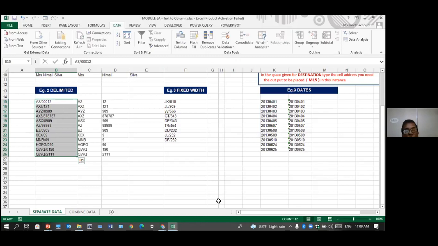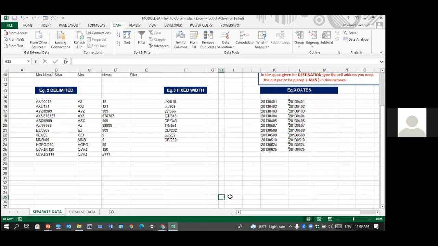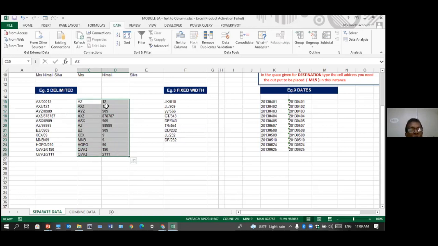Finish. Did it work properly or is there any issue in this? Can somebody figure out anything wrong with this? What is the problem? The 0 is missing. Why? Because a number will not give the leading zeros. Can you see? Zeros are missing. So let me delete it. 0, 0, 1, 2 is only 1, 2 now. But I want it with the zeros.